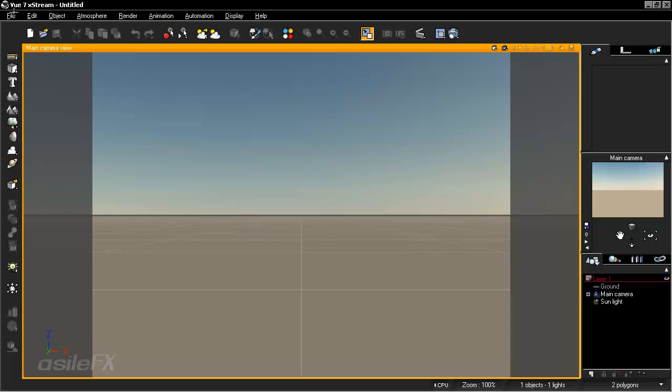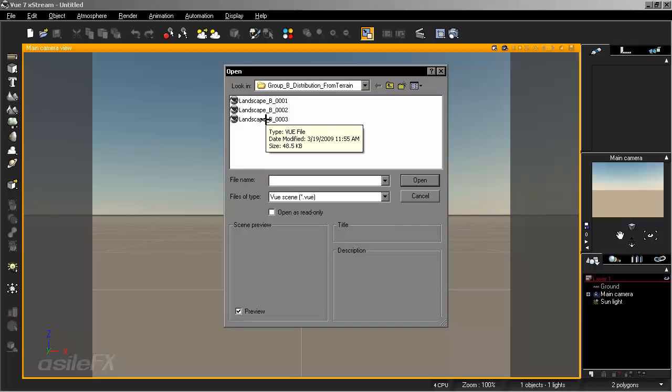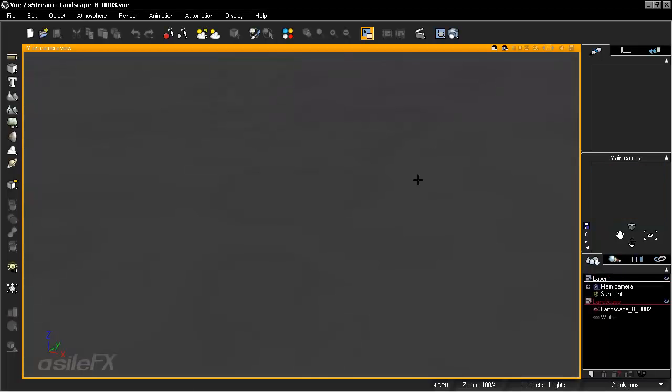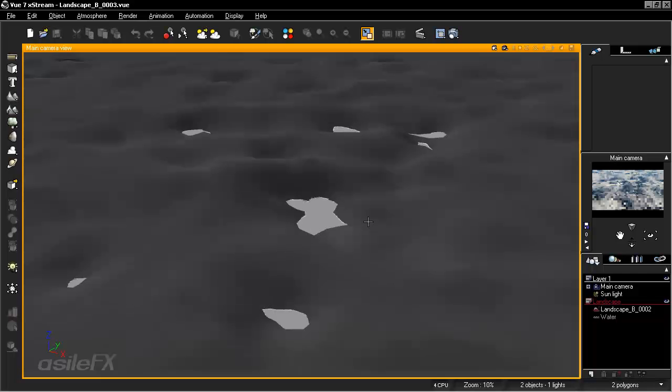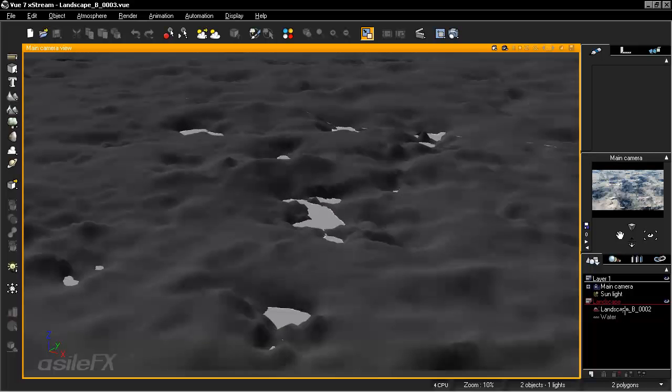Okay, now we're going to be creating some new distributions. So let's go ahead and open up our landscape B number 3, or it might be number 2, depending on the last save you created. I created a save of number 3 for when I was working on some of the different distributions. So I'm just going to load that in, and what I want to do